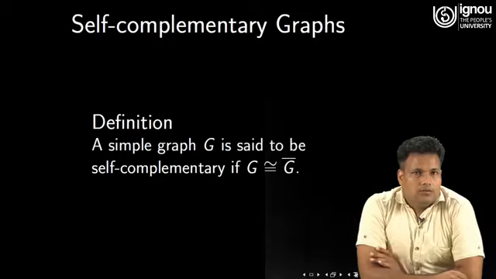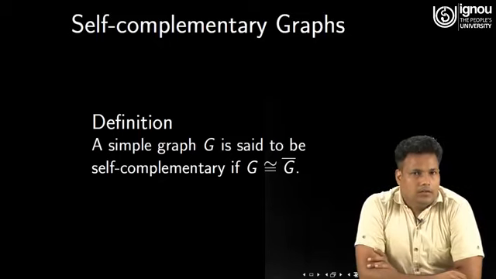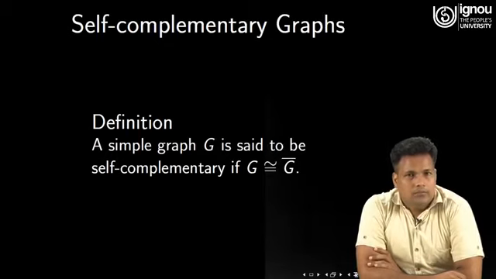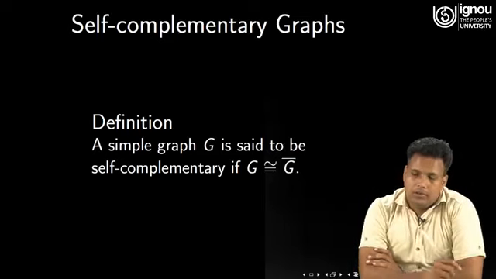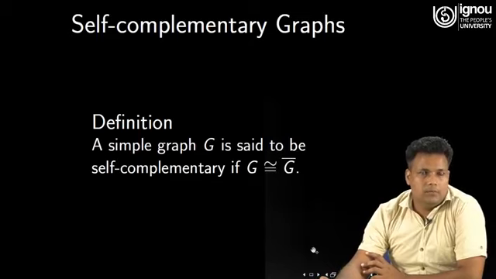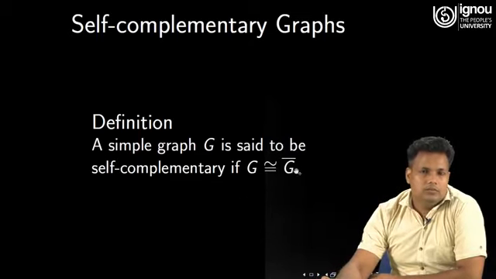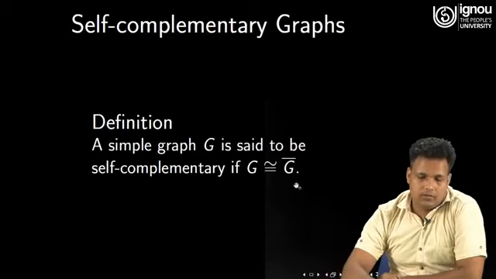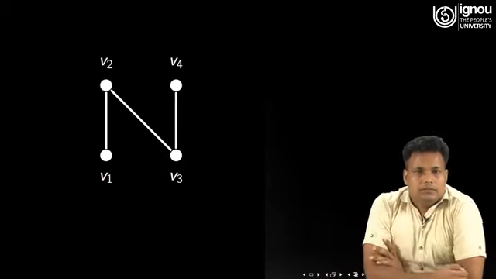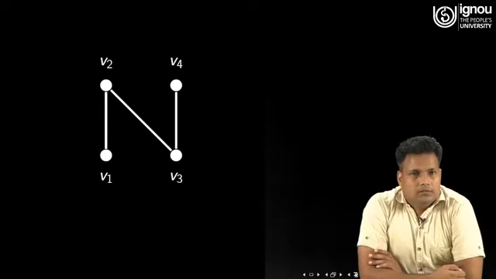Okay, now we come to the concept of self-complementary graphs. It is quite possible that a graph may be isomorphic to its complement, and a self-complementary graph is nothing but such a graph. Formally, a simple graph G is said to be self-complementary if G is isomorphic to G bar. For instance, just consider this graph